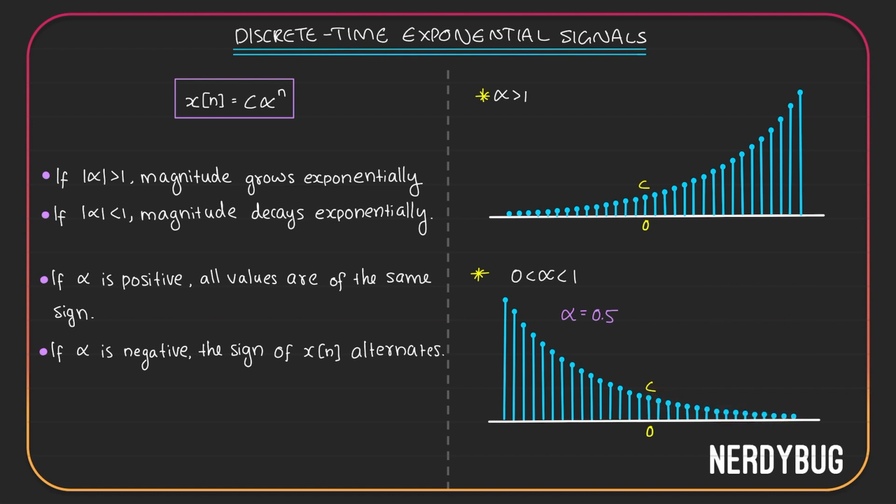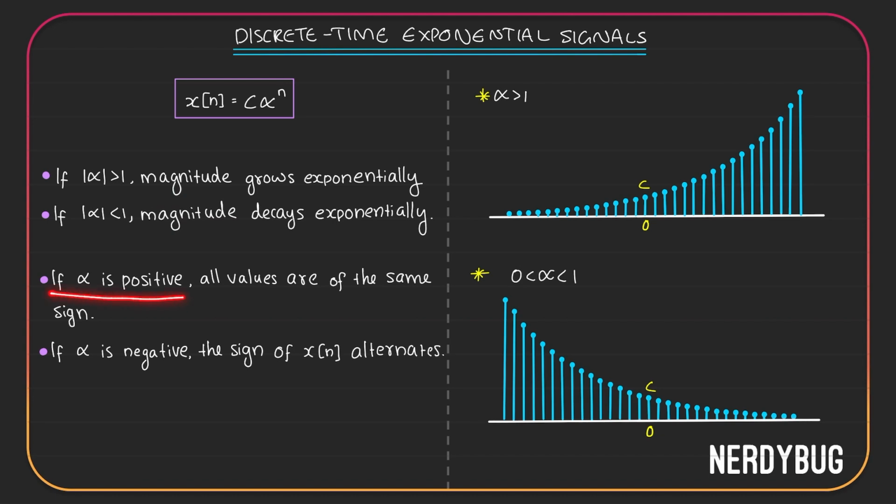We can verify on the other side also. At minus 1, I get C times 0.5 to the power minus 1. 0.5 is 1 by 2, to the power minus 1 is 2. So I am getting 2C. Then at minus 2, C times 0.5 to the power minus 2. So I get 4C. The next obviously is going to be 8C. So I can see it is going to increase exponentially like this towards the left. So ultimately we can say the magnitude decays exponentially. The first 2 points here have been verified. Let's see the next one.